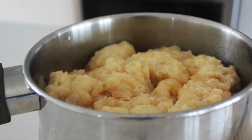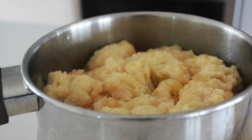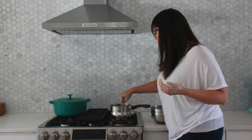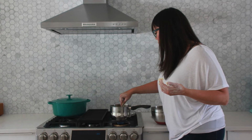So your dry ingredients are about 1.5 cups of flour. I've seen some recipes with 1 teaspoon of baking powder, and then some with 2 teaspoons. I find baking powder really tricky. It can get really nasty tasting if you put too much. So I'm gonna stick with the 1 teaspoon of baking powder, and just a pinch of salt, and then